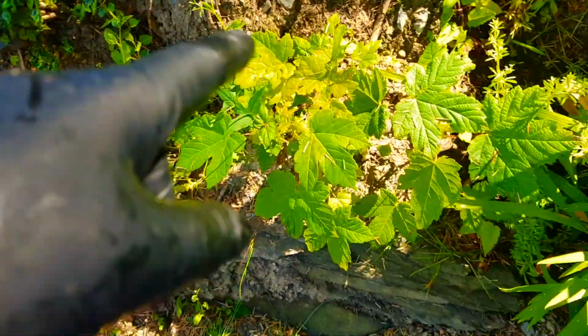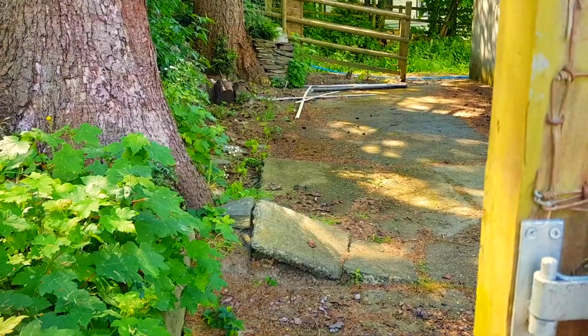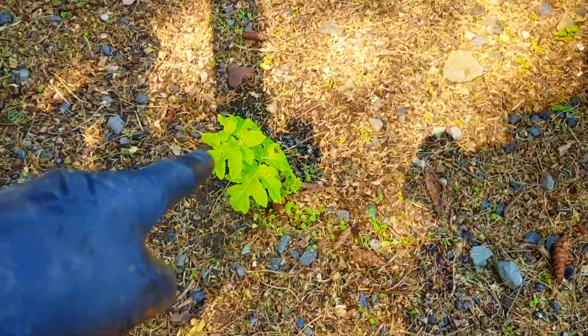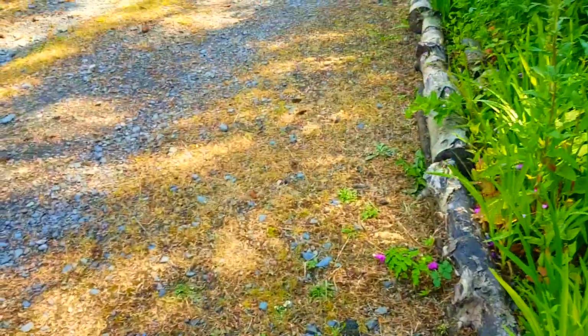And we don't want these trees growing everywhere. It's just looking a bit too scruffy. So that's what I want to do, and it's in the shade, so it's an ideal time to do it. And I'll trim that again. That there, keeps wanting to grow. Anyway, let's just go round to the